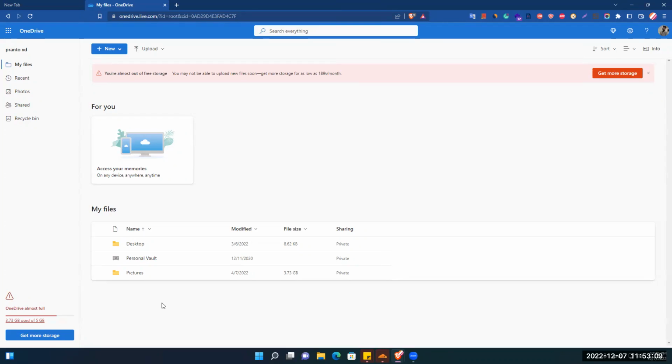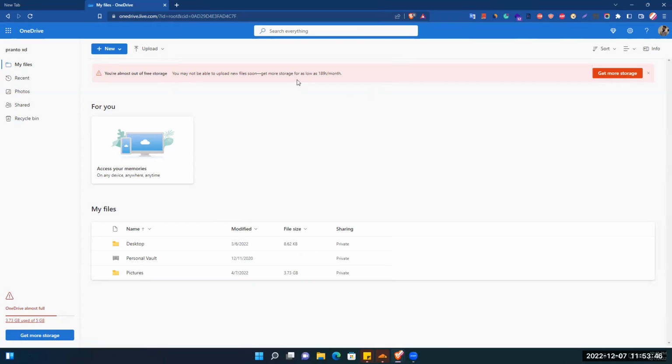and you can also create documents, presentations, and Excel sheets in OneDrive. Obviously they give you 5 GB free, and if you run out of this free storage, you have to buy their subscription.